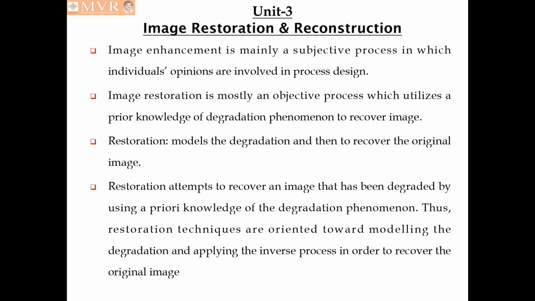So what is the purpose of the restoration? The purpose of the restoration is for the purpose of modeling the degradation. So modeling the degradation means we are going to define the degradation by means of mathematical equations. And after defining the mathematical equations, we are going to recover the original images by means of restoration. Generally, restoration attempts to recover an image that has been degraded by using prior knowledge of the degradation phenomena. Thus, the restoration techniques are oriented towards modeling the degradation and applying the inverse process in order to recover the